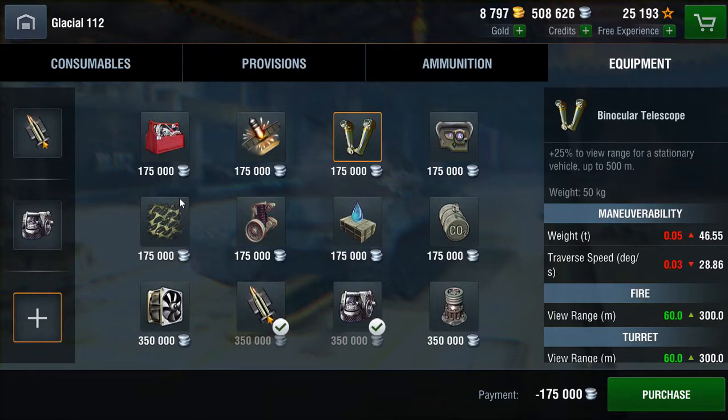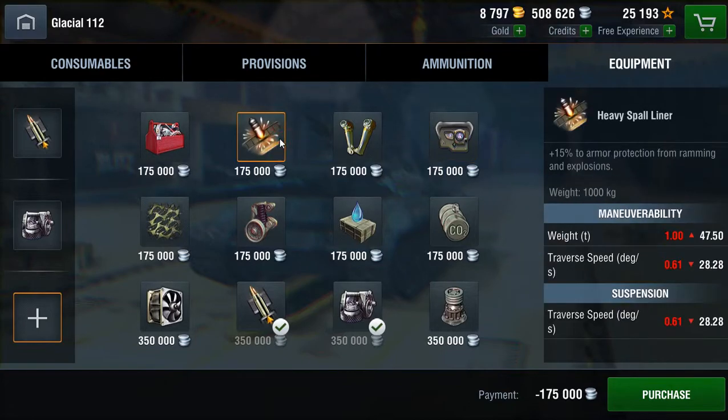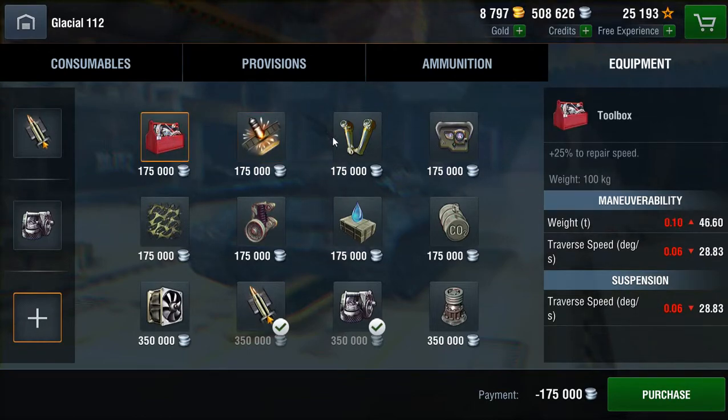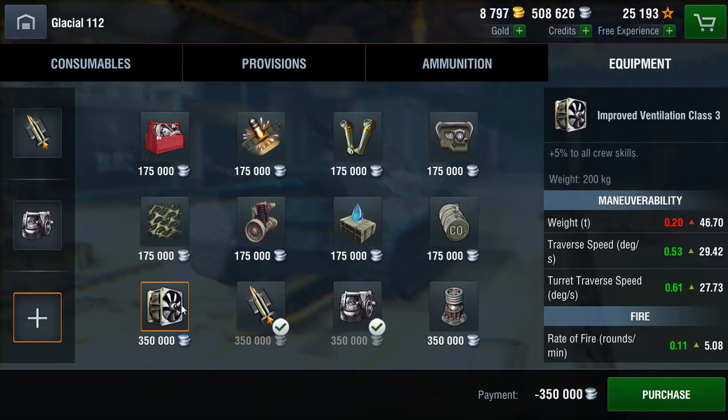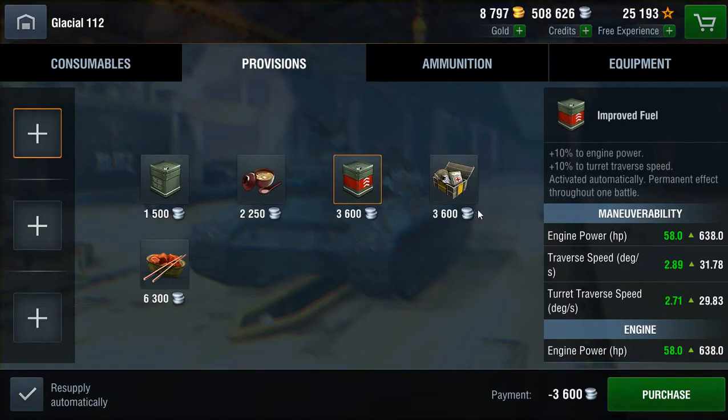It's a heavy tank with decent armour actually. And B, it's got a pretty inaccurate 122 on it, so yeah, maybe not go with that. Coated optics, if you can't think of anything else to bung on, but I highly suggest improvements. Spoiler, maybe not a bad idea. It has decent enough armour sloped, and then toolbox is just a useful thing, but really, you're going to want improvements. As for provisions, you've got the standard or improved fuel for plus 3 or 10% respectively to engine power